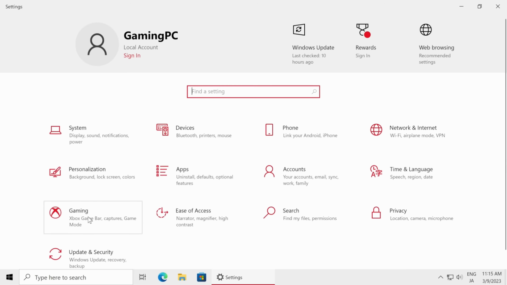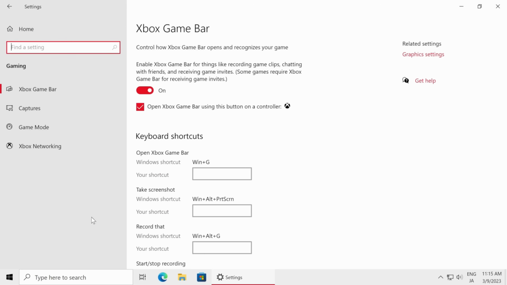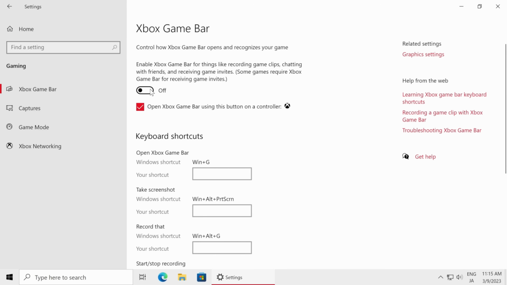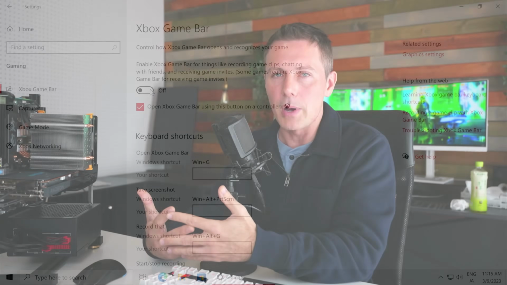So now it's time to go on to the most important tab for a lot of you guys, and that's the gaming tab. So we left click this, and what we want to make sure here is that personally I turn this off because I don't use anything to do with recording with Xbox Gamebar. So if you're using Xbox Gamebar to record, say for instance, Xbox footage and stuff like that, you might want to leave this on,